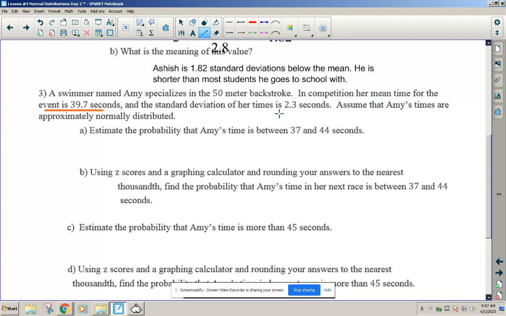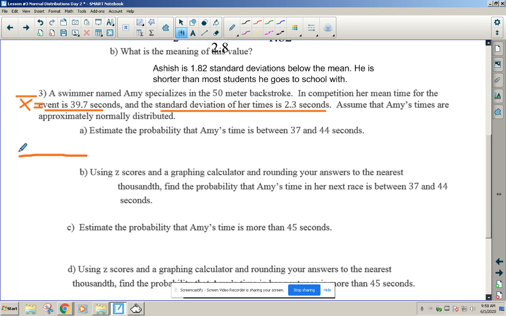That's the mean right here. And she has a standard deviation of 2.3 seconds. So if we were going to think about this, estimate the probability that Amy's time is between 37 and 44 seconds,